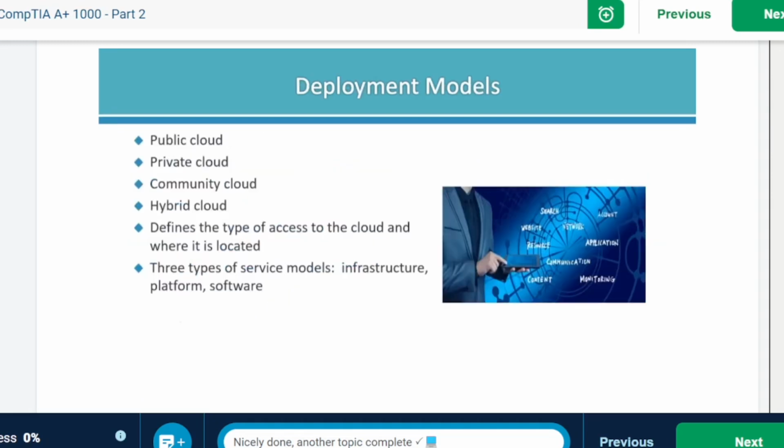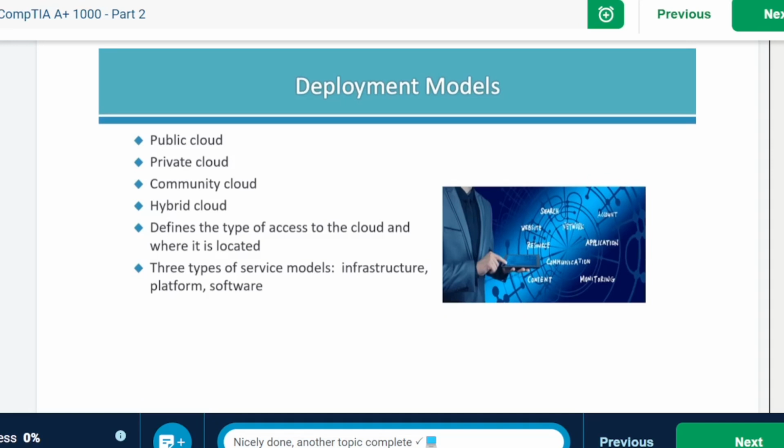Let's talk about some of the different deployment models. The deployment model determines or defines the type of access to cloud and where it's located, and these include public, private, hybrid, and community. The public cloud allows access to the general public and may be less secure to a degree. The private cloud is accessible within an organization and offers a greater degree of security because it's usually private.